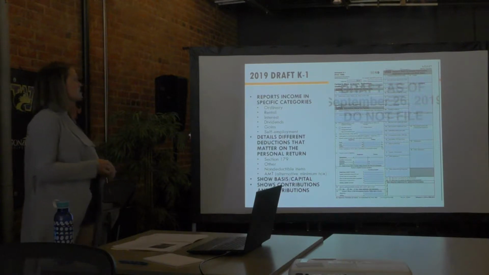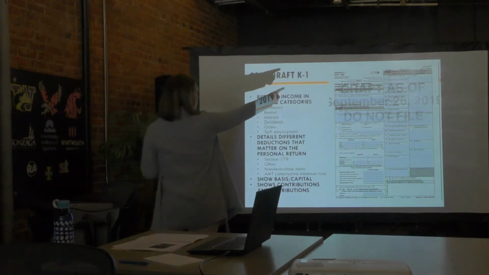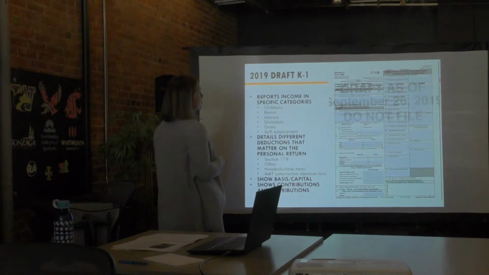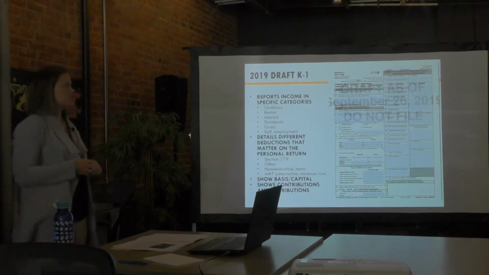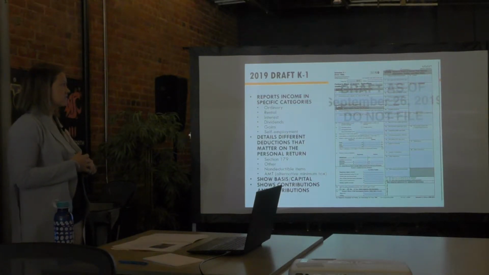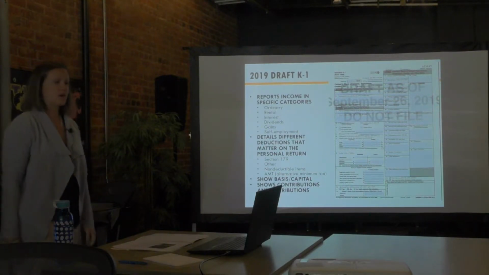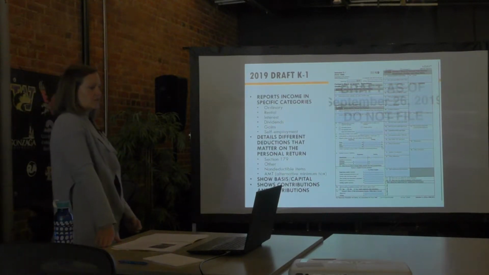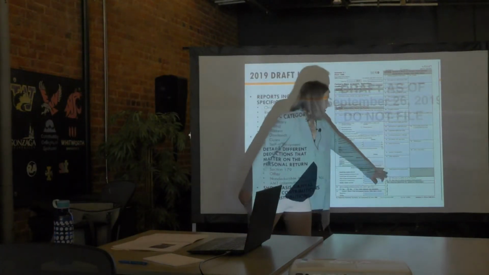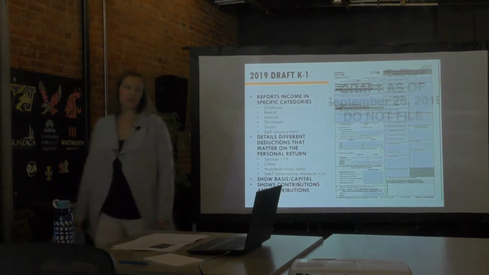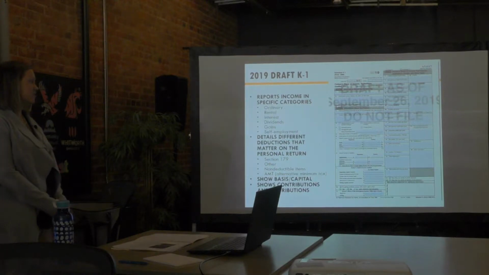So kind of hard to see, but this is the draft of the 2019 K1, and over here you can just kind of see ordinary income, rental income, and then if you go down a little bit, there's interest, dividends. That just lays it all out so you can see it's going to flow to each person and how it was earned. So you don't just get, here's $100,000, pick a box to put it in on your return. They all go into the tax calculation differently. It will also show you down here how much is self-employment income. So that's the amount that will be taxed at the 15.3% essentially.